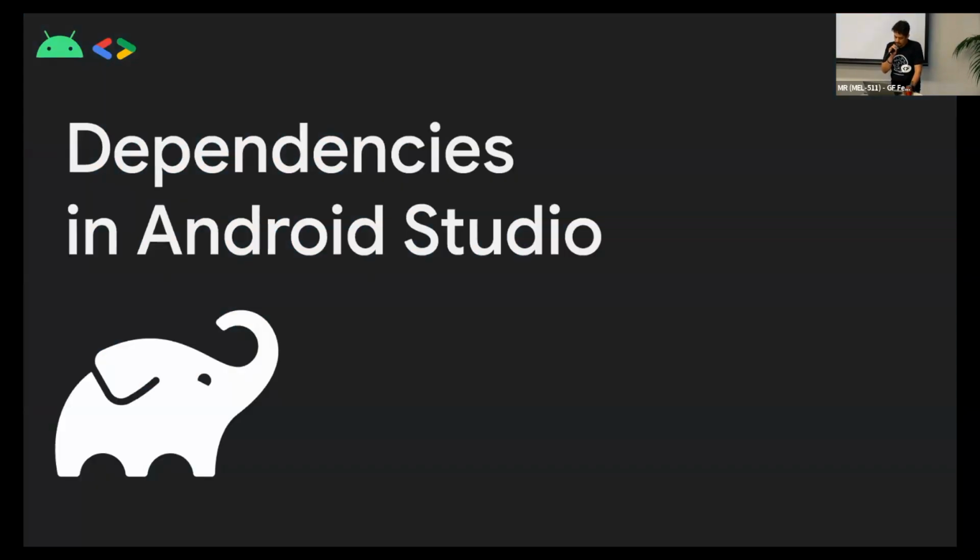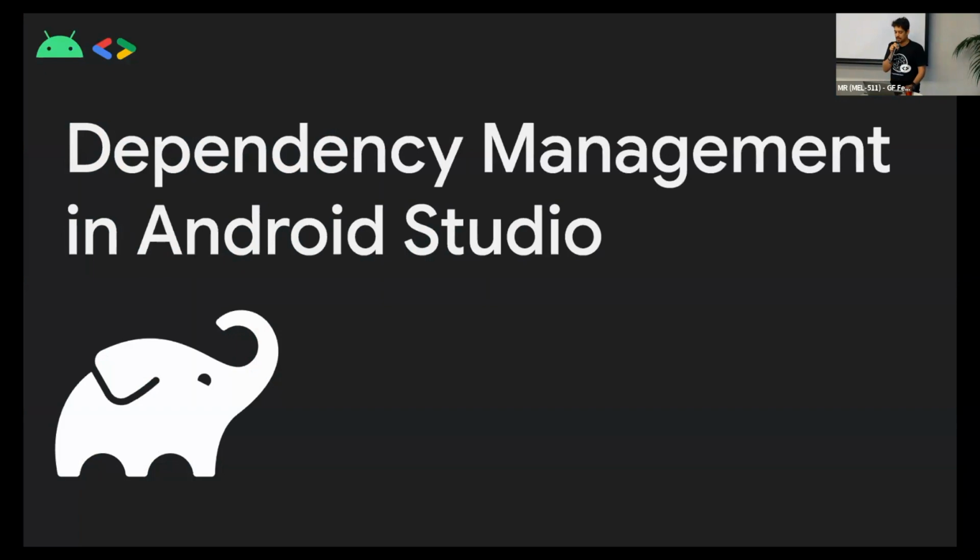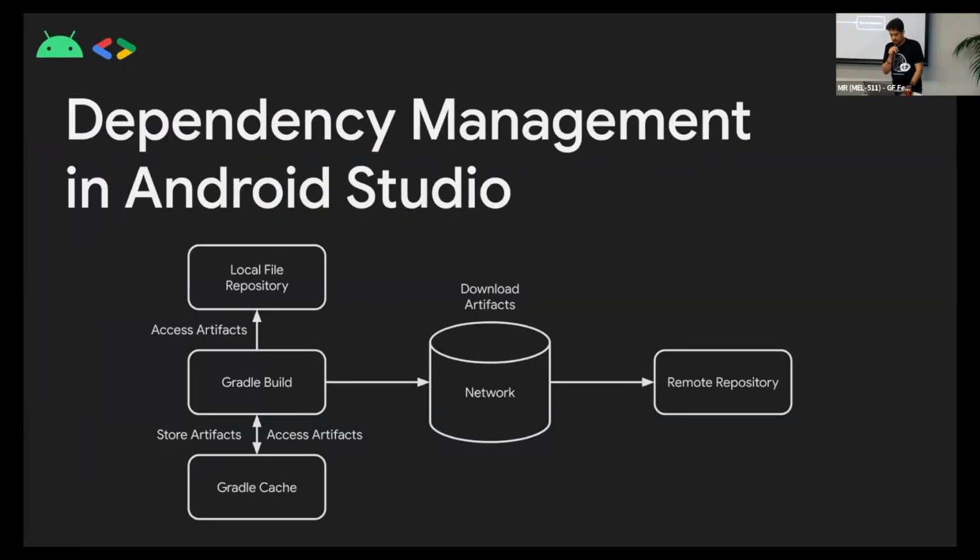So yeah, Android Studio uses the Gradle build system. Gradle makes it easy enough for you to add any dependency. And what Gradle does is, on the first fetch, if it's a network-based library, it fetches it from the repository and stores it in the local Gradle cache, right? So the next time you're trying to build something and the dependency exists in the cache already, it reuses it, saving you some build time.